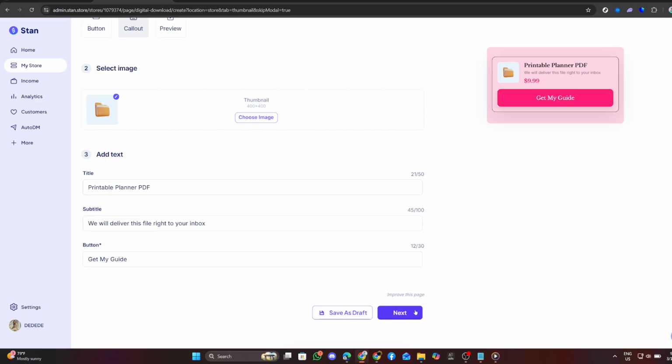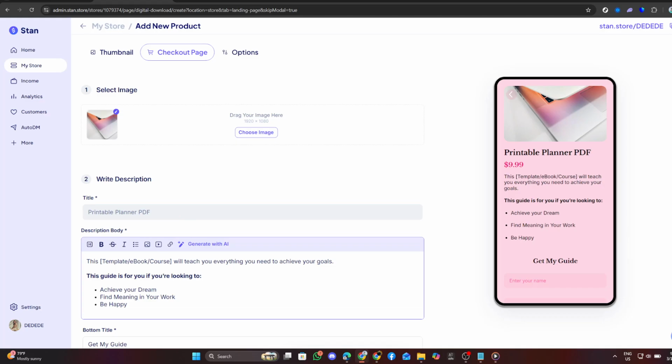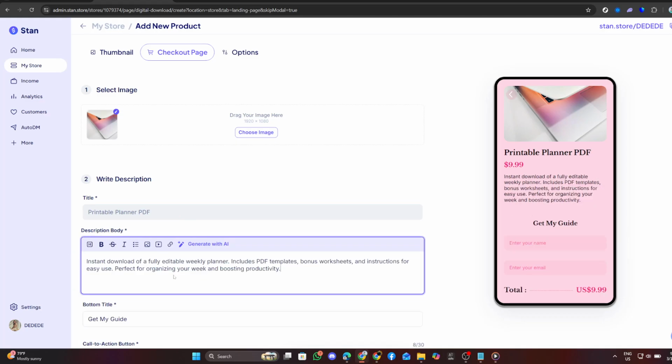The next step involves writing a description for your product. This section is crucial as it explains what the download includes and highlights its benefits. Be specific about what customers can expect, such as features of the planner and how it can help them organize